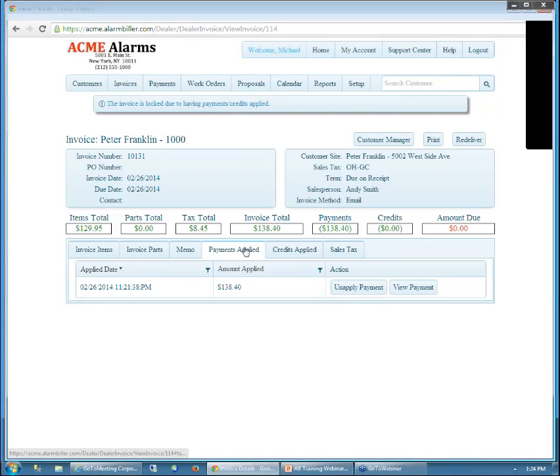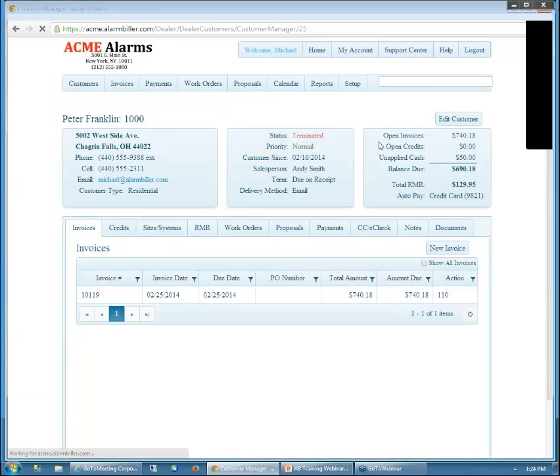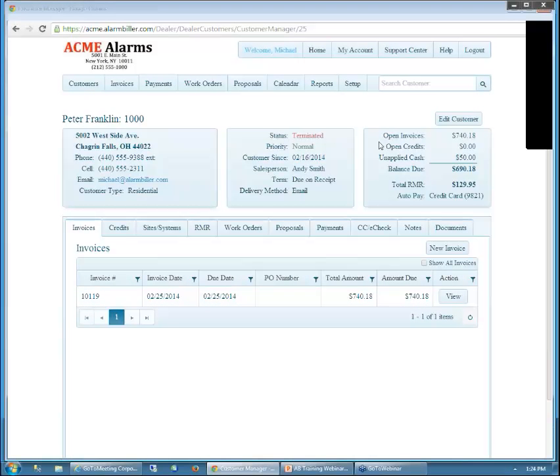transaction itself. Now, if for some reason I wanted to unapply this payment, it wouldn't reverse the payment. It would sit as unapplied money on the customer's account until I reapplied it. I could click the Unapply Payment button from here. But I'm not going to do that right now. So that's the process of taking it and creating the invoice, the recurring invoice, and having it automatically apply through a credit card transaction. And as you can see, it's very simple, and the AlarmBiller application is doing the majority of the work for